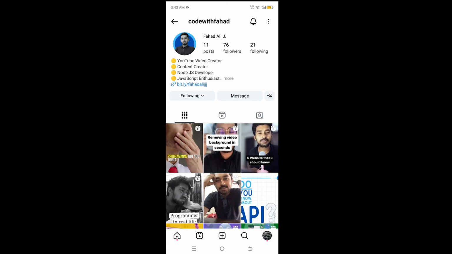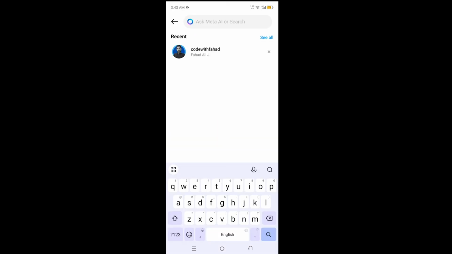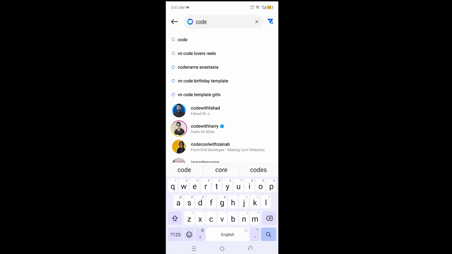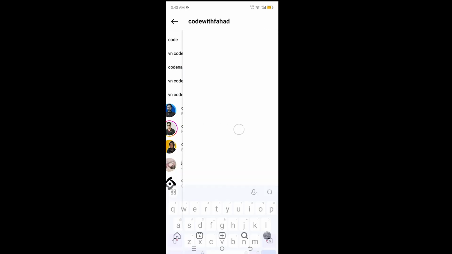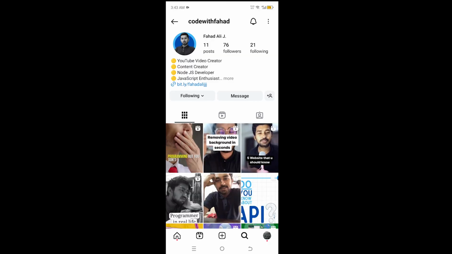And if you have a lot of people in your following, you can simply search them on your search bar as well. So for that, I can simply click on the search icon, and now I can simply search the username of that particular user. Okay, so I'm going to simply tap on this again,